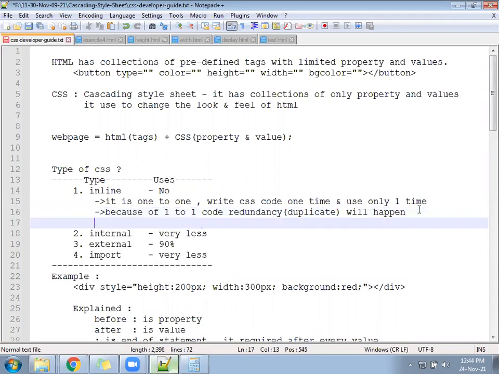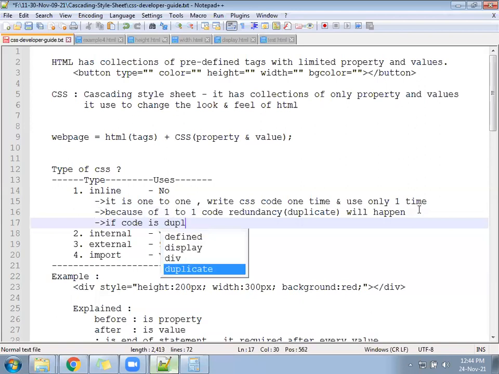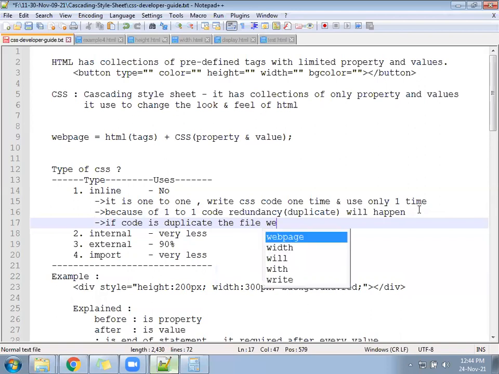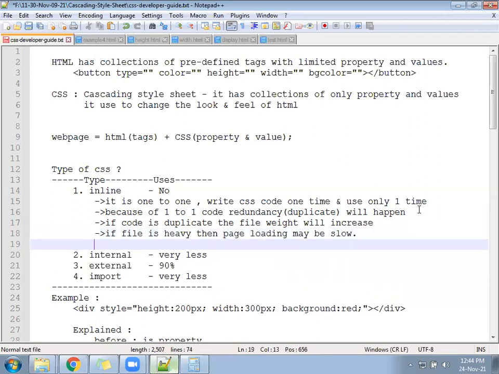Next line, if the code is duplicate, then file weight will increase. Okay, after that, if the file is heavy, then page loading may be slow.